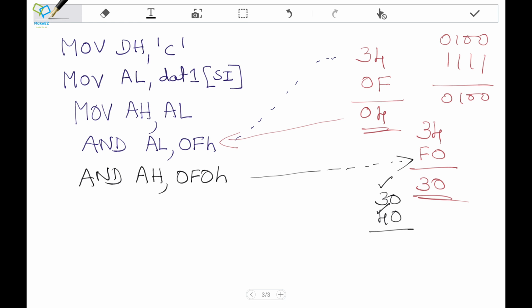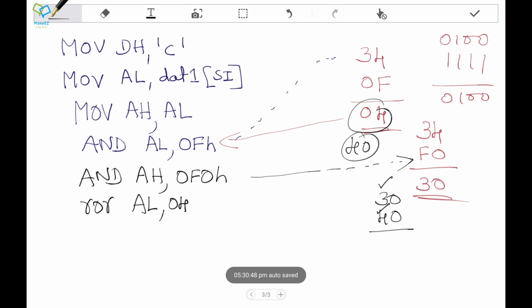So now what you have to do? Now the AL register is having 0 4. How do you make it into 4 0? You rotate this 4 times. When you rotate AL register 4 times, this 04 will become 40, right? So then it will come to the proper format 30 and 40, and whatever carry is generated from these two,